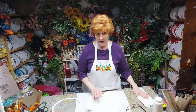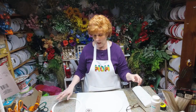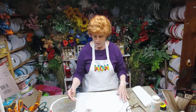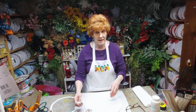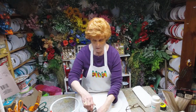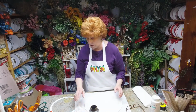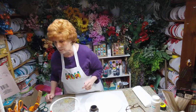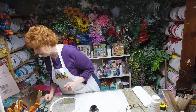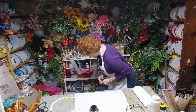I went ahead and painted this with white chalk paint by Waverly. Now I kind of want to distress it, and we're going to use the Antique Wax by Waverly. I'm just going to use a diaper wipe to put it on. And I really want my gloves, because if I don't use a glove,